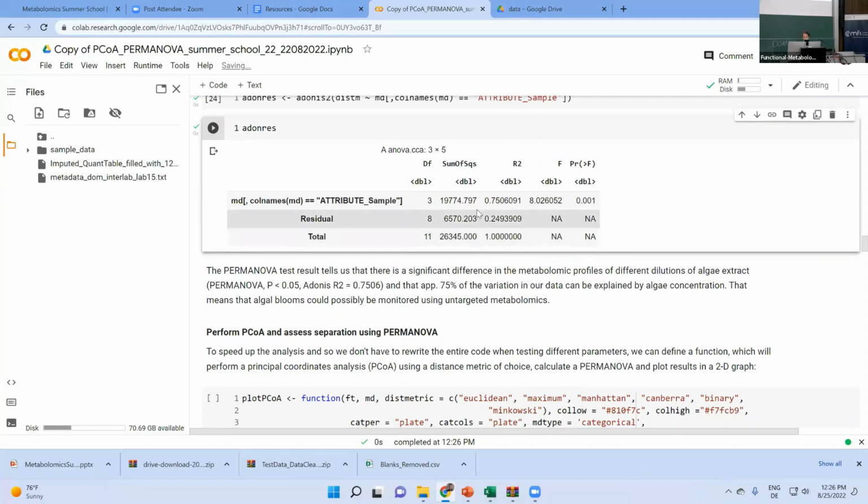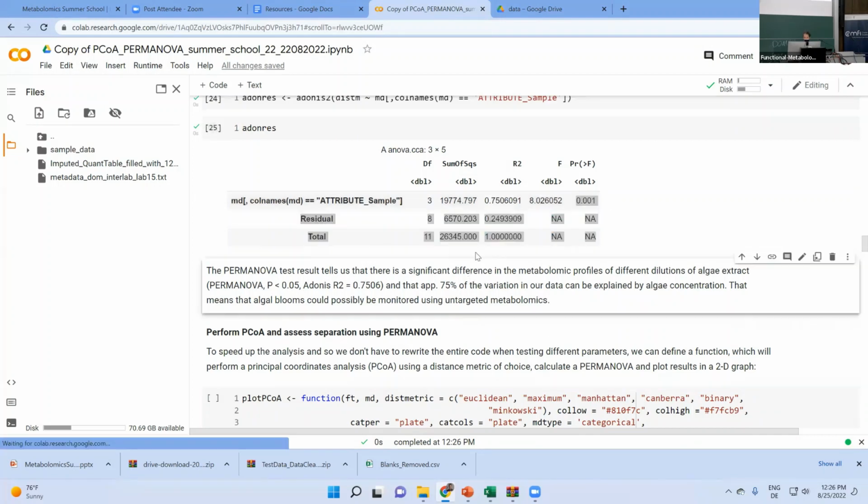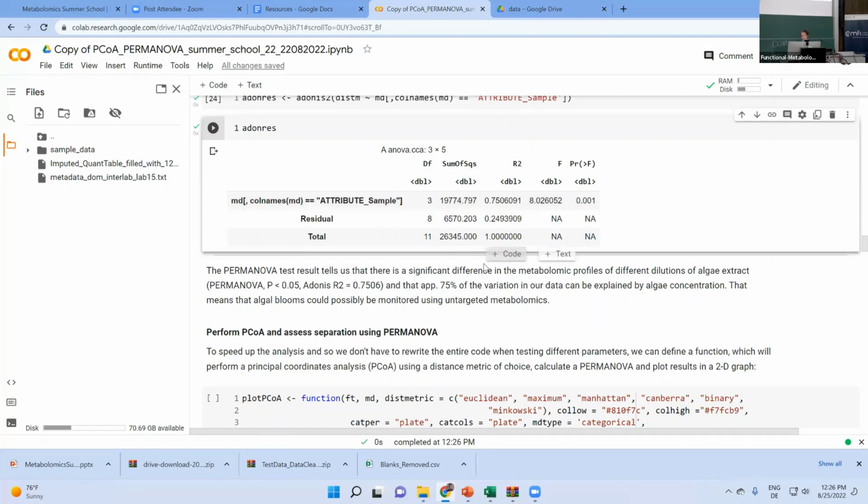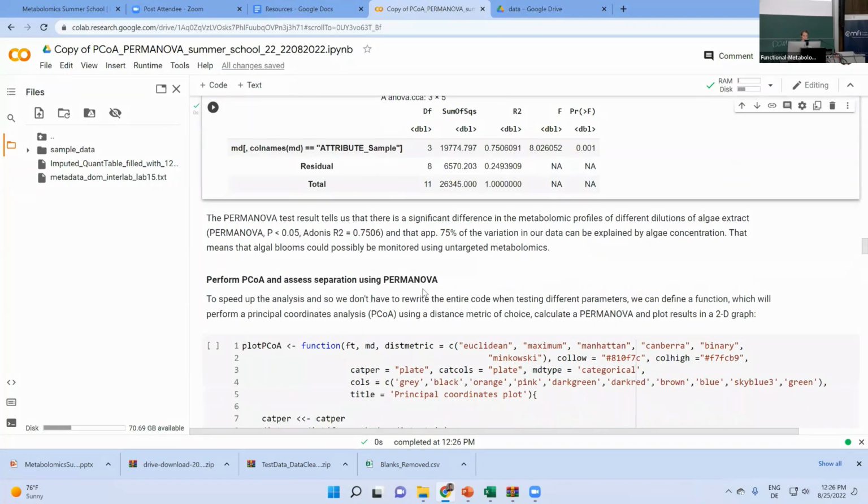So here it tells you basically that 75% of the variation in our data can be explained by those different algae concentrations, and this difference is significant. So this was just step by step how you can execute line by line, but maybe you want to